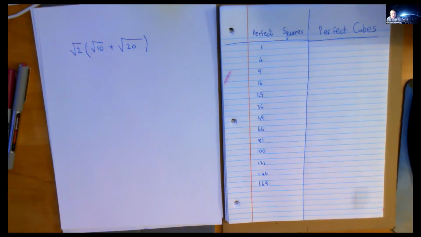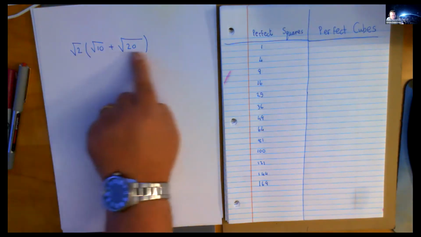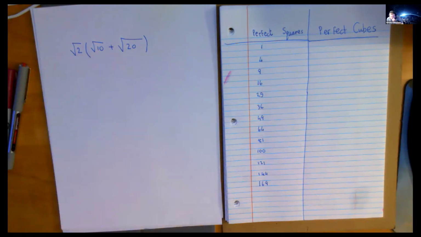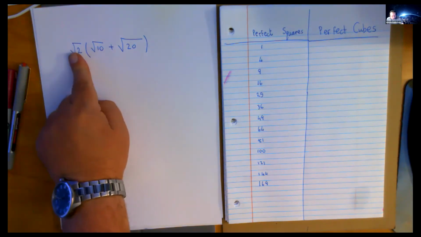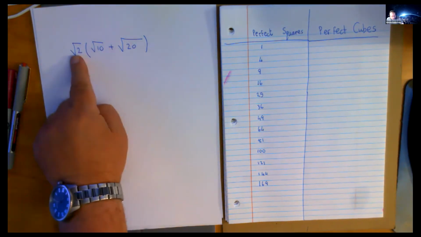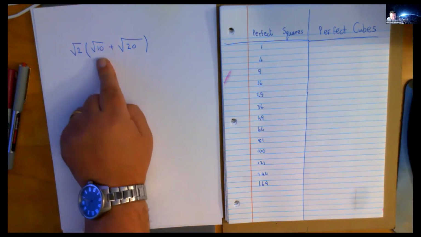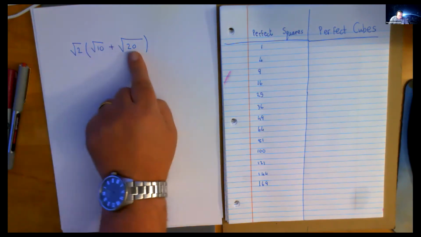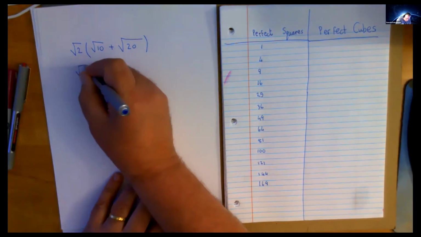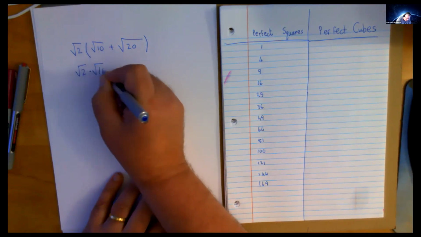That would be considered a multiplication. We have a name for this process. Have you ever heard, I'm sure you have, of the distributive law, which basically says if you have a thing outside and some other things in the bracket, you multiply the root 2 and root 10 together, and then you multiply these. So that's what I'm going to do. I'm going to multiply these two together plus